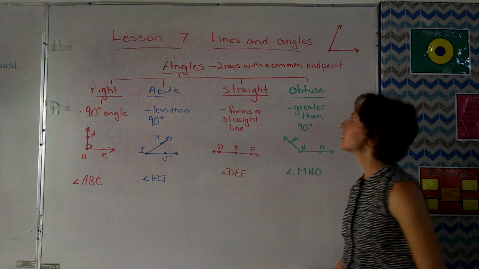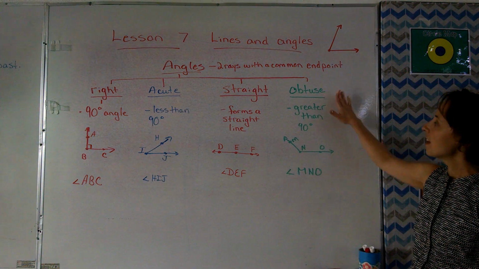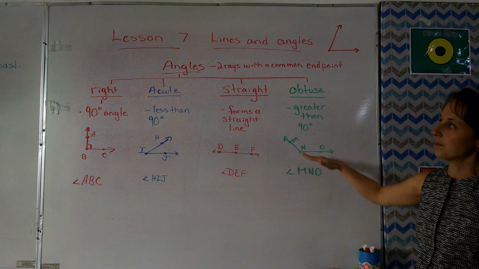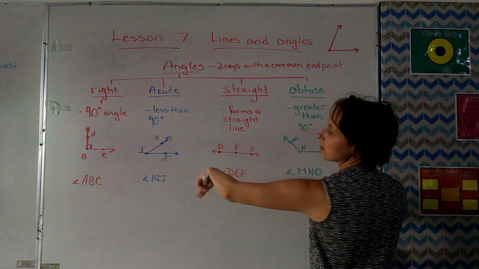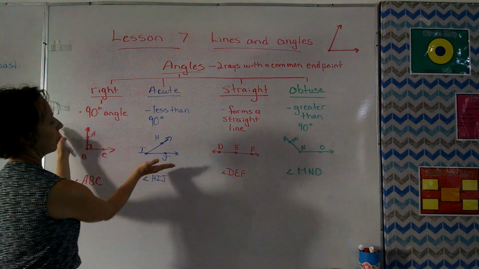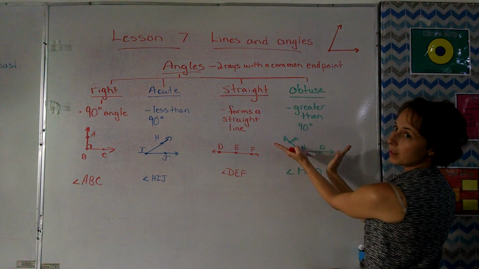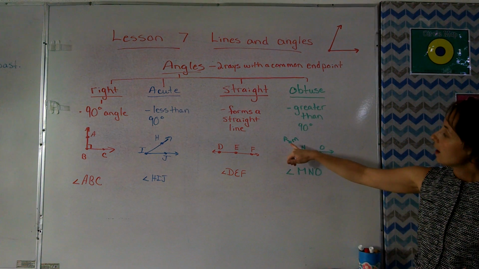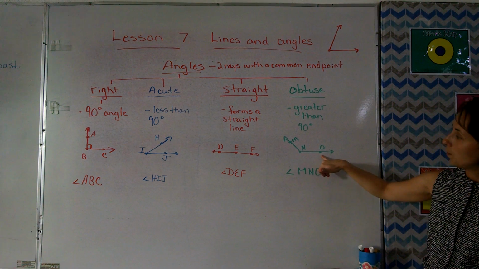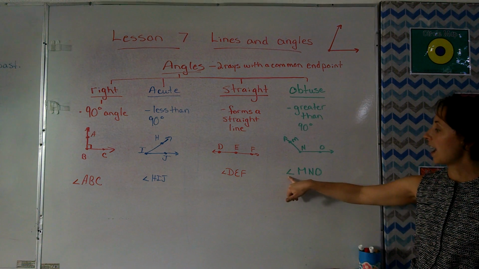And last but not least, there are obtuse angles. These are greater than 90 degrees. So they're kind of the opposite of acute. If here's our right angle, if we're less than a right angle, it's acute. If we're greater than a right angle, it's obtuse. Here is angle MNO, and I'd write out its name by writing angle